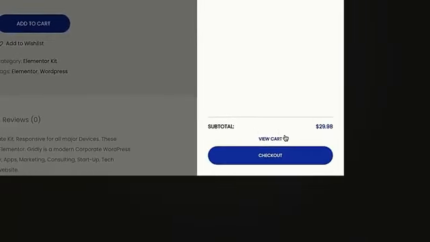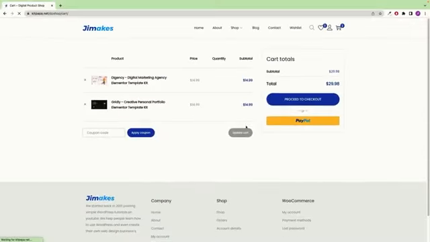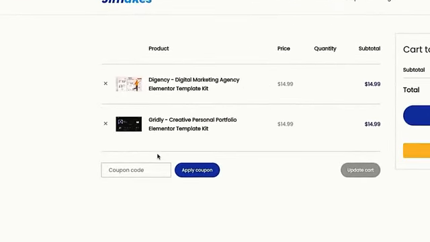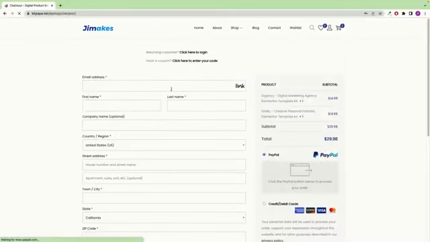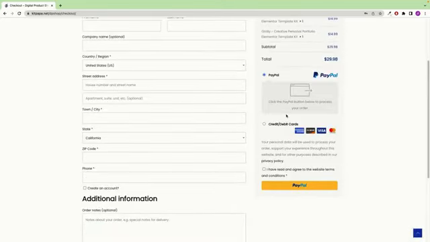And now let's click on here this view cart to see all the product. As you can see all the product in here, and also you can delete it from here. Okay. And now let me move into proceed to checkout this button. And now in here, I need to put my personal information, and I can make this payment through PayPal and